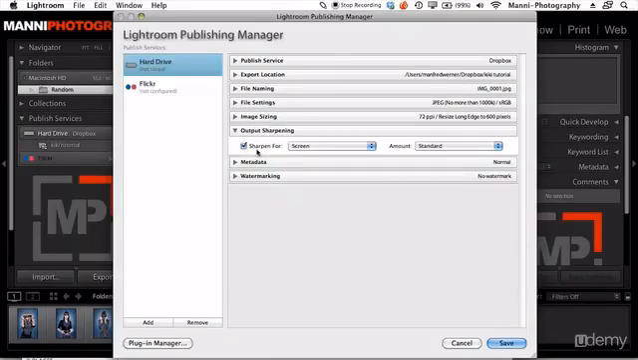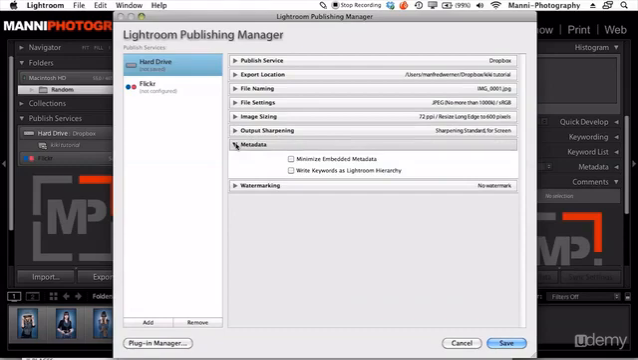Okay, yeah, I always want to put sharpening on my stuff, so I'm going to say sharpen, full screen and standard. That's good for me. Minimize that. Metadata, yeah, I'm just going to share stuff with a client who's not interested in metadata, so I'm going to minimize my embedded metadata. Minimize that